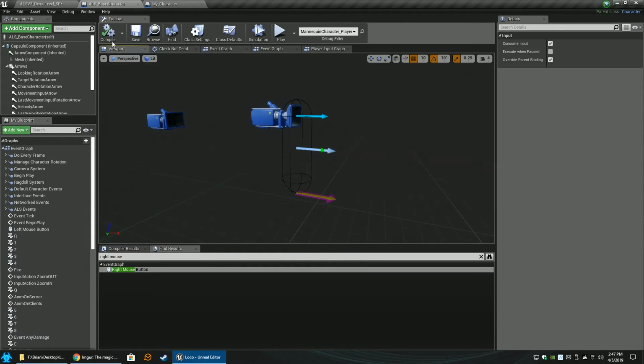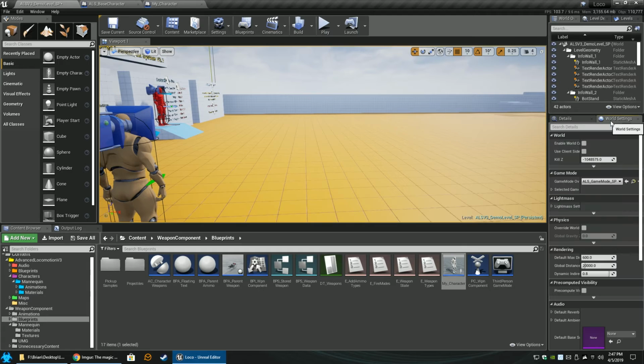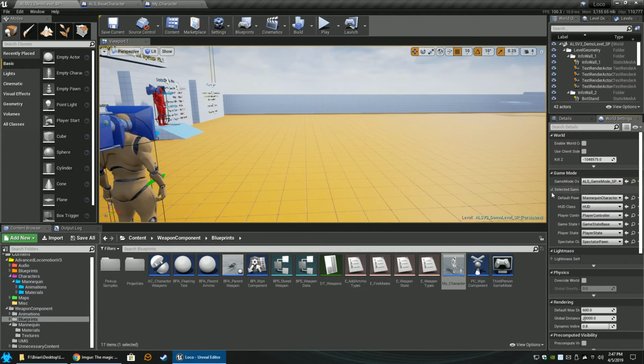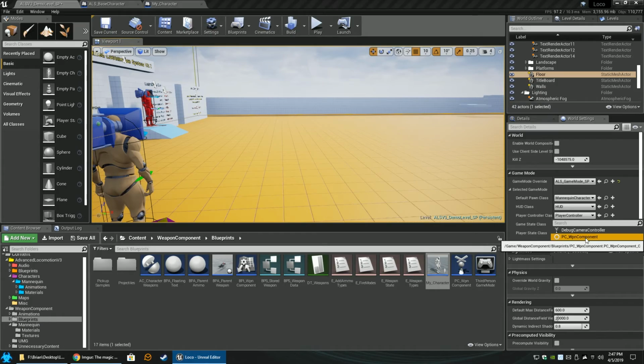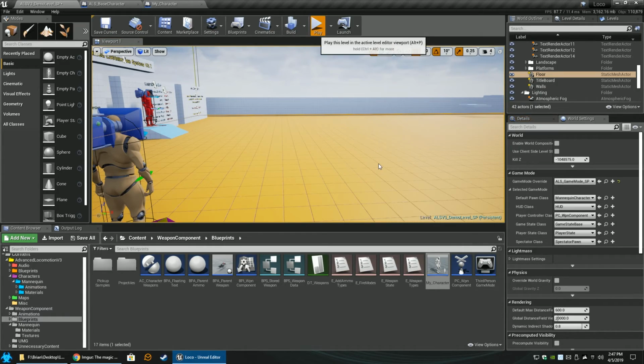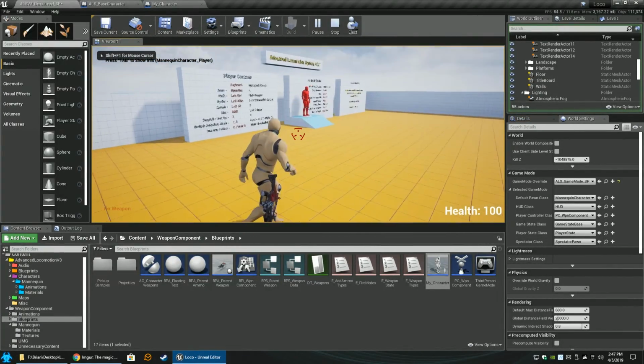And that would be because we haven't set the controller. We have merged successfully the main character, but we have not set the player controller. You could do this under your project settings, or you can do it here under world if you have something selected here, which you probably do. Hit the player controller and choose the PC weapon component. And so now we have